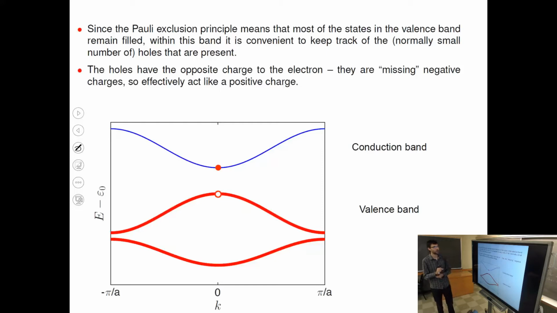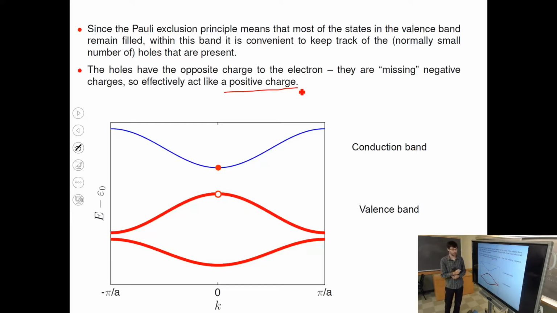But now I want you to start thinking about these holes as the actual particles. It is actually much easier to keep track of the holes than it is to keep track of all these myriads of electrons that are occupying the valence band. There's just one hole versus billions of electrons. So keep track of the hole. And that pays off in a major way. So the hole becomes a particle. It is a particle that has a positive charge.